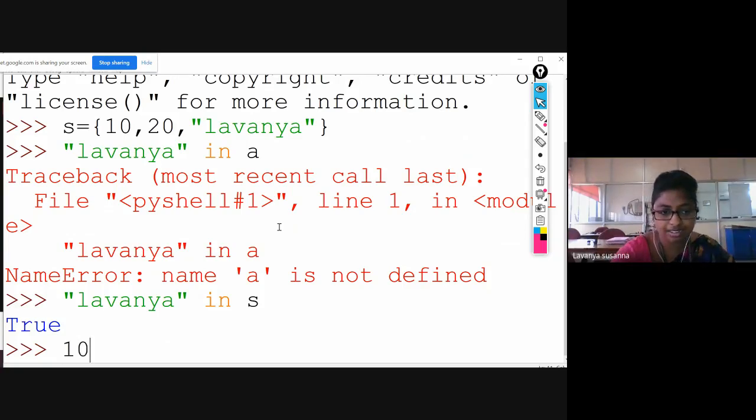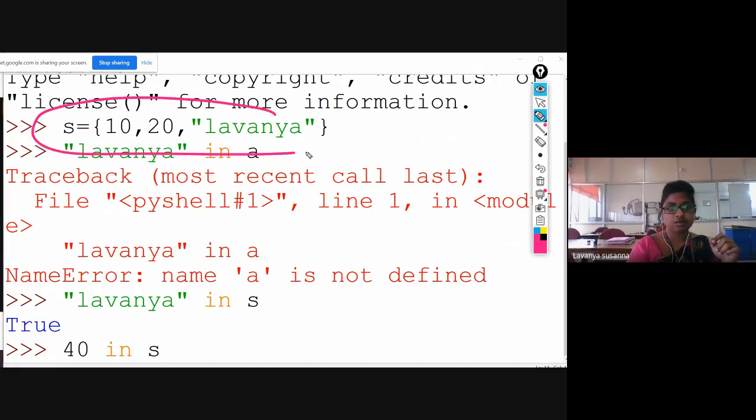Now, whether the element 40 is present in set variable S or not. Let us see it. 40 in S. See, S contains only 10, 20, Lavanya. 40 is not present in S. What is the output you will get? Let us see it.